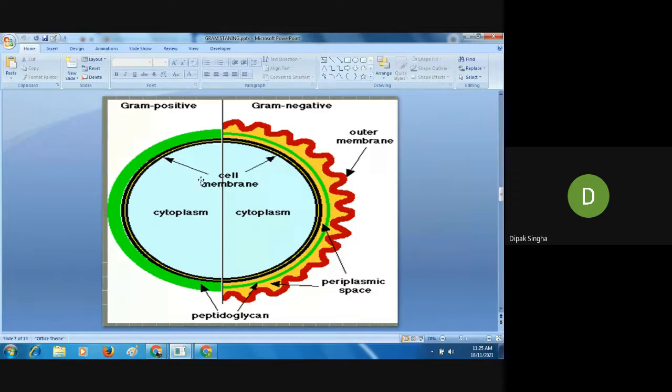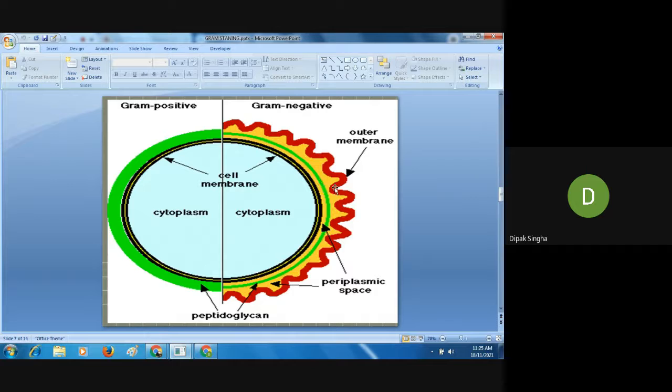So these are the basic structural differences of the cell wall, and it is very important, you can remember it. I think Manushar discussed elaborately with you what the structure of bacteria is. In case of nucleic acid and the cell wall, because depending upon the cell wall we can choose the antibiotics. Like penicillin and cephalosporin are antibiotics which inhibit cell wall synthesis, and ultimately the cell wall will be ruptured, and finally the microorganism will be dead.